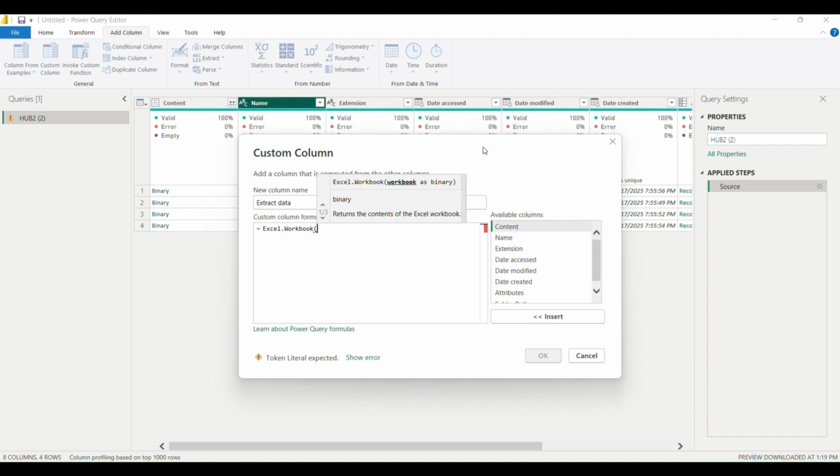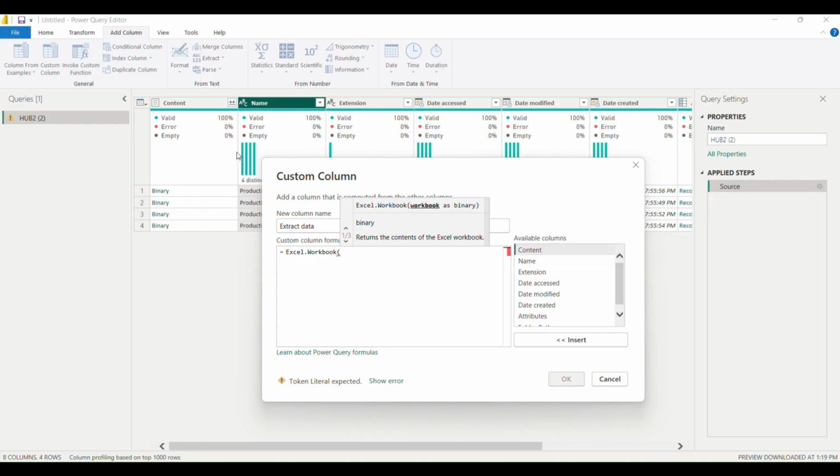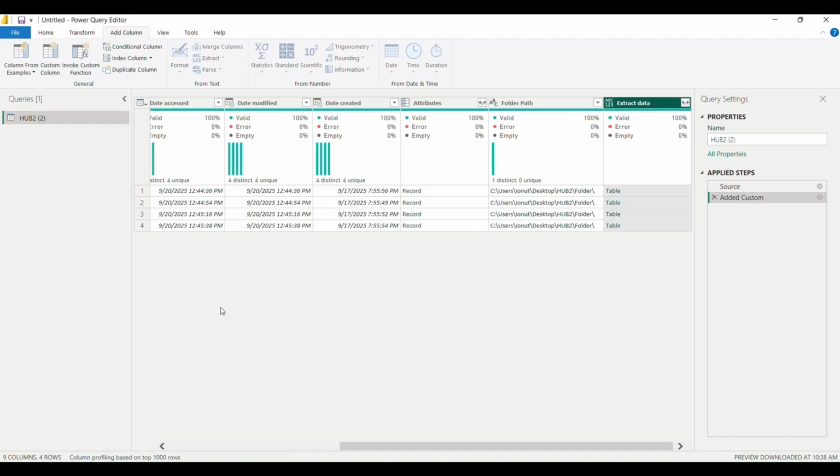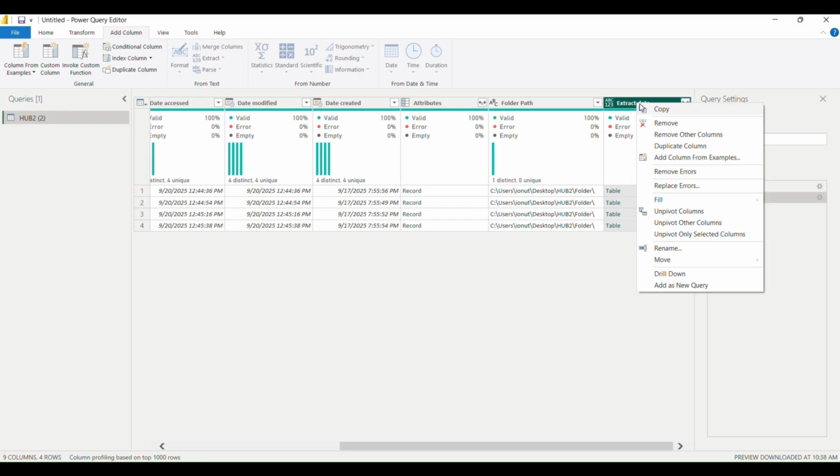We will drag our Content column and click Insert, close parentheses, and that's it, no syntax errors. Click OK, and now we have a new column.